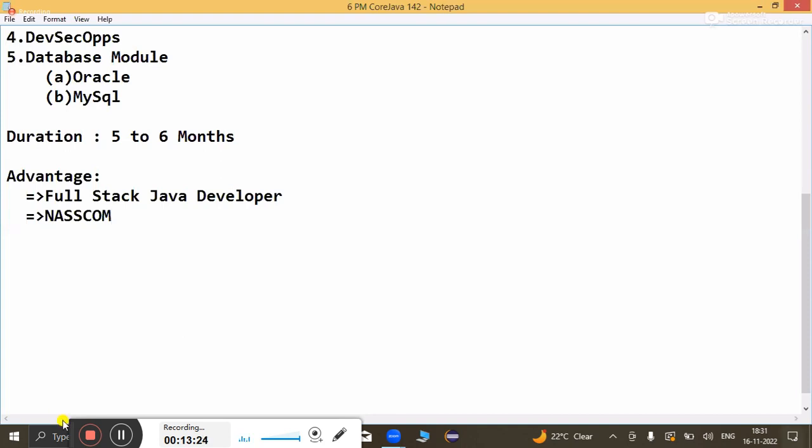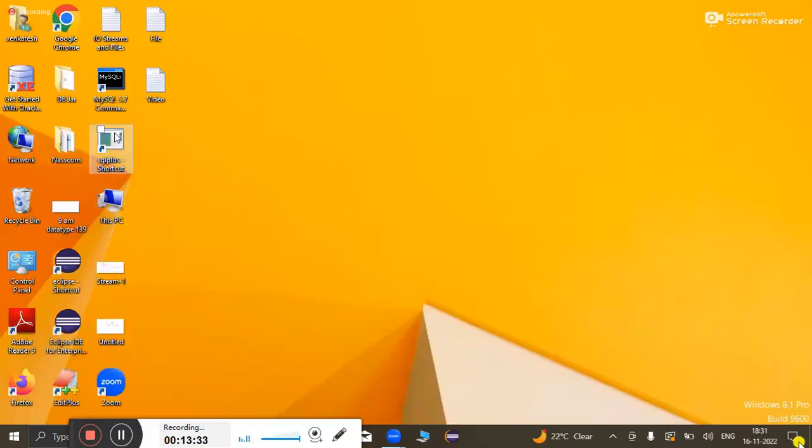So this batch is aligned with one NASSCOM certification, they'll say. Sir, what is this NASSCOM certification? Generally,